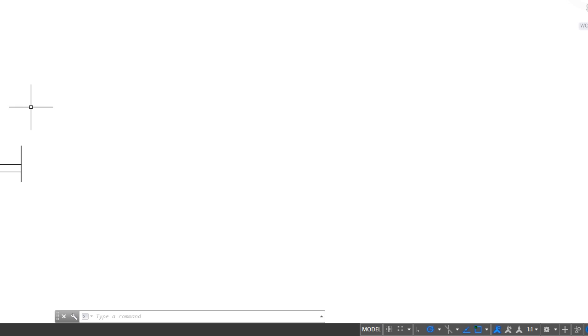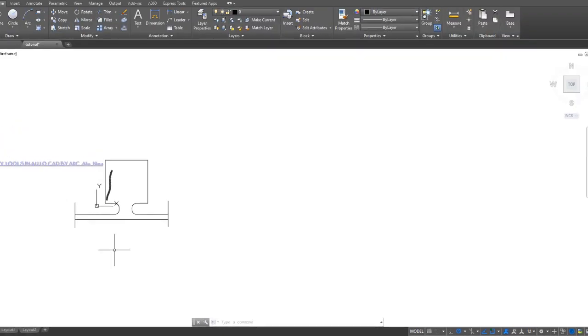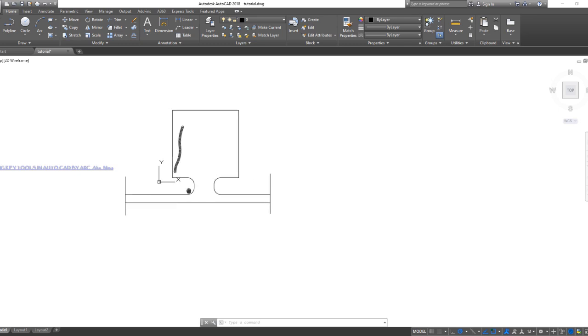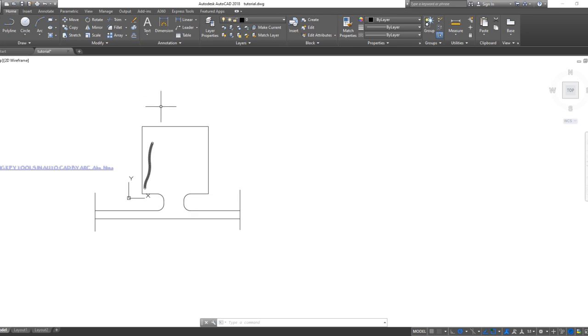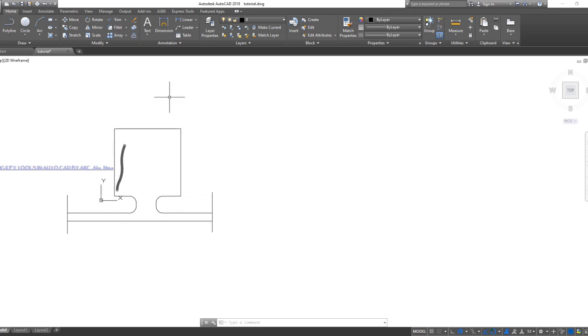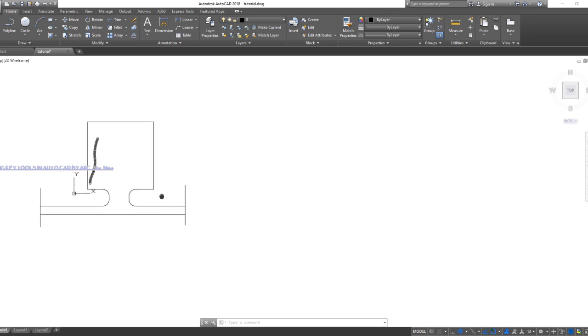Talking about some of the tools in AutoCAD. So I have a sketch on the screen which we will be demonstrating, and in the course we'll be discussing the trim tool, the extend tool, the fillet, the chamfer, the array tool, and the offset tools. So I will be using